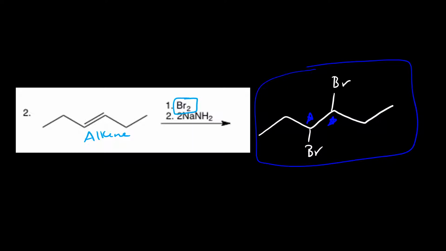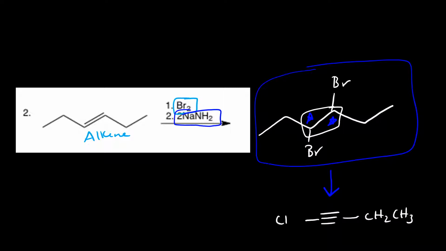But in the second step, we're treating it with two equivalents of sodium amide, and we saw that that was a way to make a triple bond. And so we're actually getting the triple bond here, so that's these two carbons, and then off of each of those carbons we have an ethyl group, and so I'm going to write CH2CH3 and